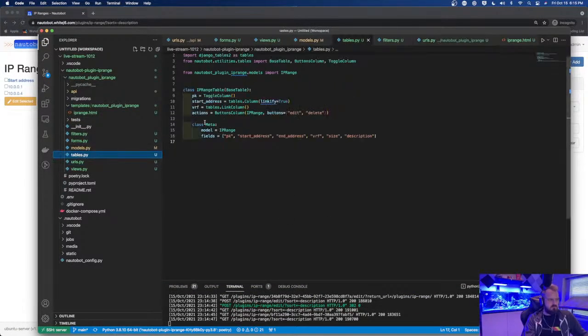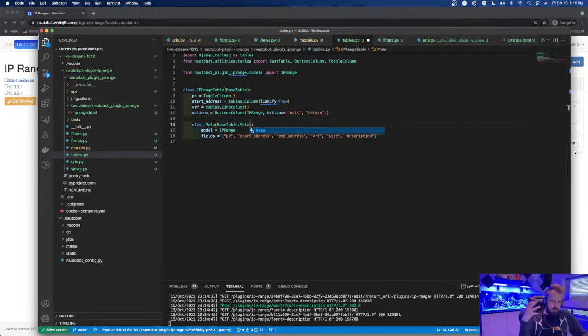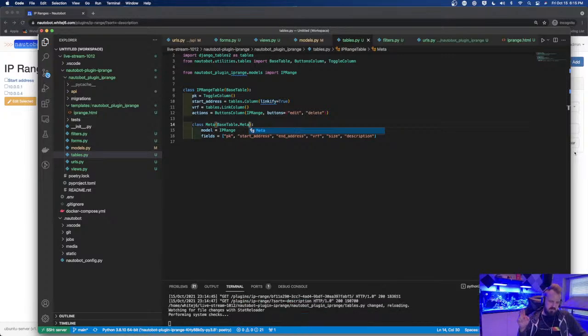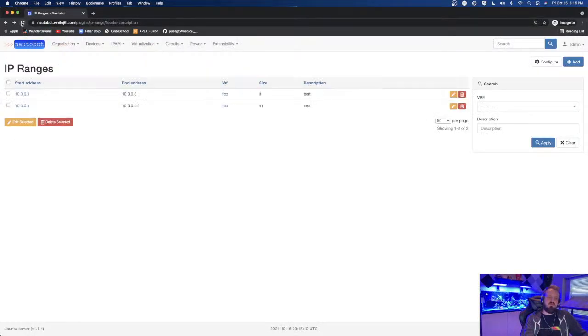So our meta inside a base table is the culprit. So we're not just going to be fully overloading a meta and just creating our own meta. We're actually going to be subclassing from base table meta. So now I'm expecting, fingers crossed, hoping and praying that now that I save this, I refresh this, boom,